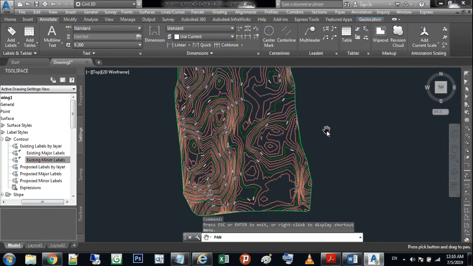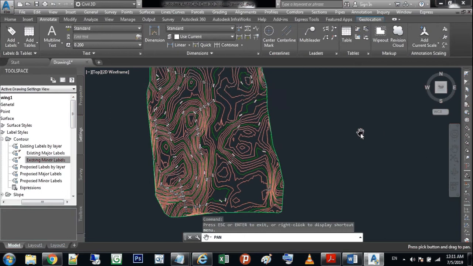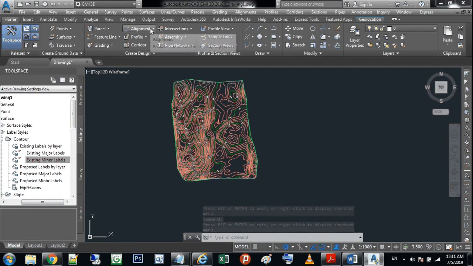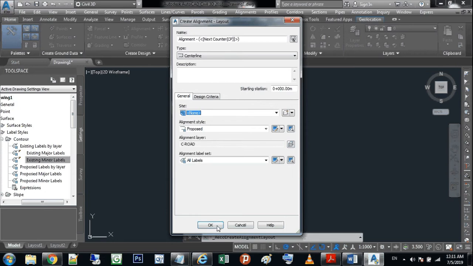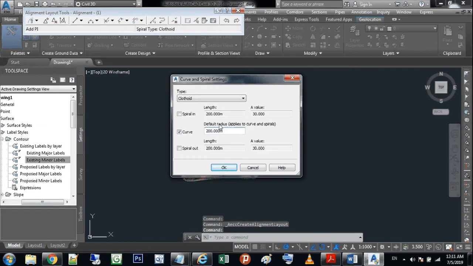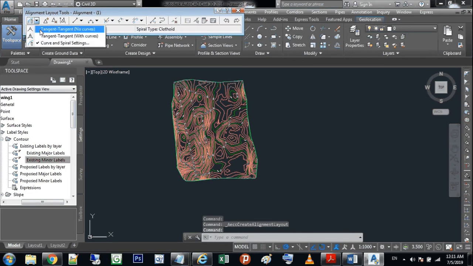So let's now talk about the horizontal alignment and how to draw it. Well, there are a couple of methods to draw the horizontal alignment. There is the basic method, like if you wanted to show your friend how to draw a horizontal alignment on Civil 3D. It doesn't need anything, just hit the alignment creation tools, put the name you want here and hit OK. Then choose the default radius you want. It's by default 200. Okay, so tangent with curves. Hit on this, click on it,